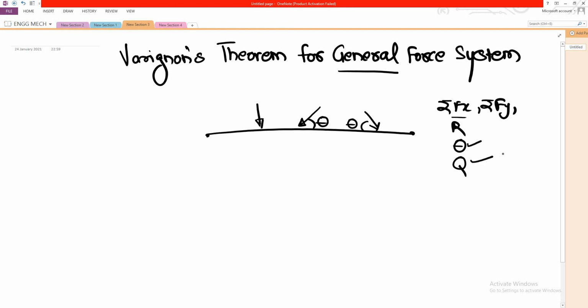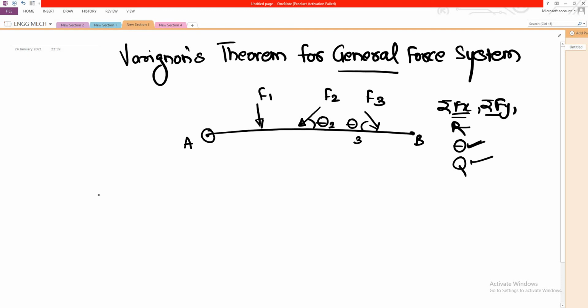But here when we say the force system is general, we need to calculate summation Fx, Fy, R and the associated properties of resultant, which are its inclination with respect to x-axis and the quadrantal position. For example, let's say this is the given force system and we need to determine the position of resultant with respect to the reference point A. Let's say the forces are F1, F2 and F3, and the inclinations be theta 2 for F2, and for F3 the inclination be theta 3.